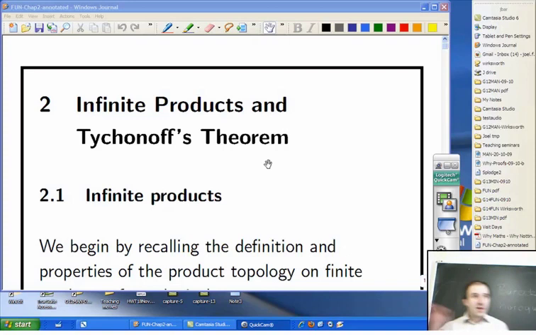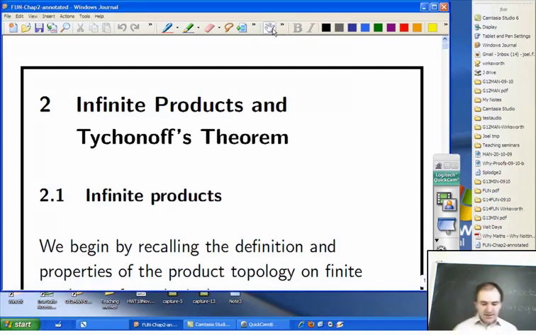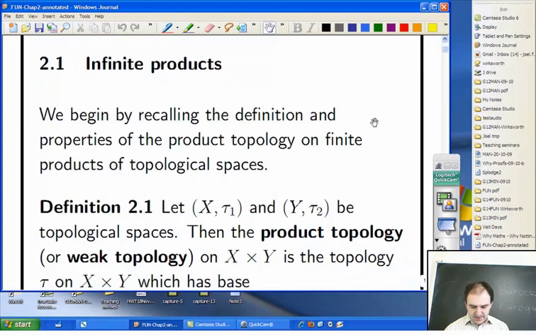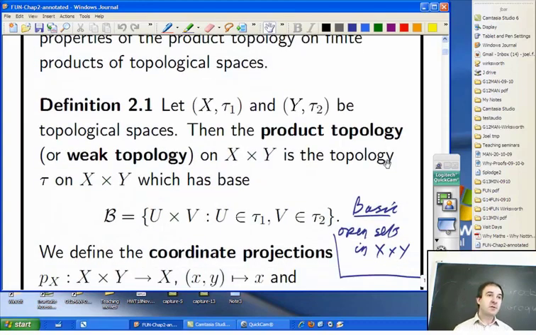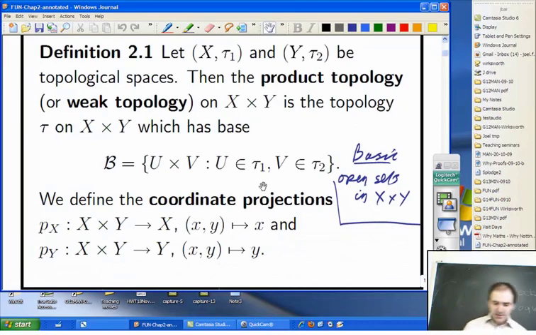Okay, so last time we had started to look at this chapter on infinite products and Tychonoff's Theorem, and we've begun by doing a little bit of revision of finite products. So we started by looking at the product of two topological spaces, and we saw that what you did was you took all possible products of open sets, one from each space, to give you a certain collection of subsets